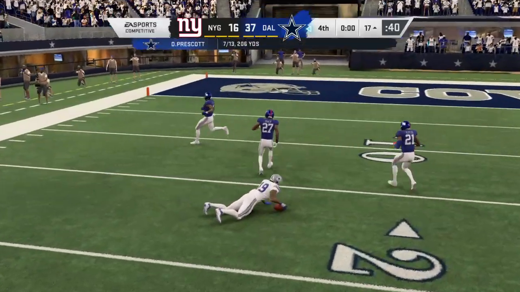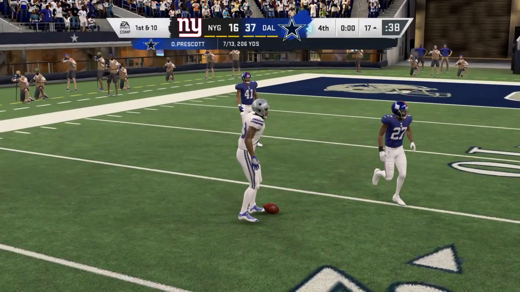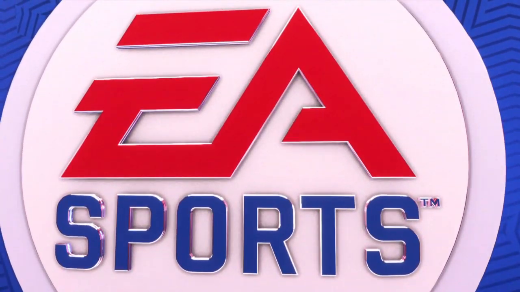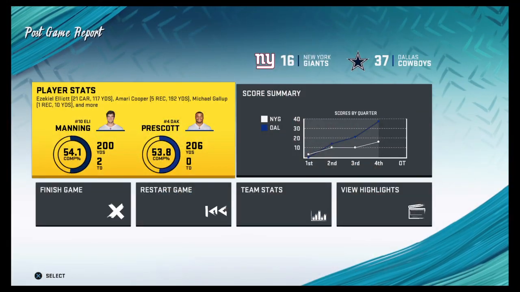That's caught inside the 20. So this one will end in a victory for the Dallas Cowboys. And they were boosted, Charles, by a big second half to put this one on ice. And I know a lot of